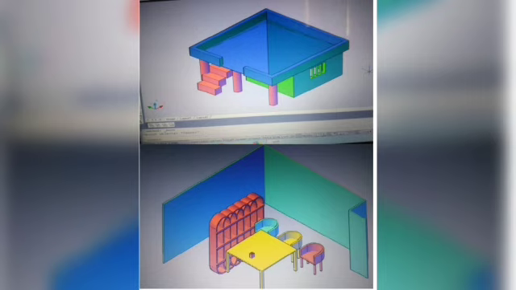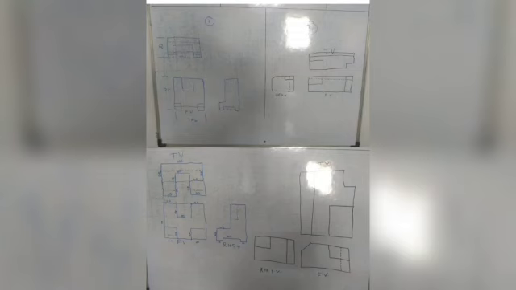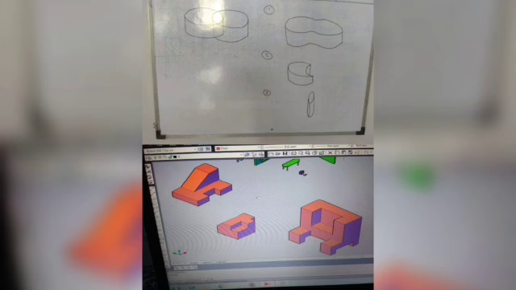This year, you are going to learn 3D homework, which is the extended part of the 3D primitives. Here you are going to draw missing views of the given isometric. Two views will be given and you have to draw the third view of the given job. This is a very interesting exercise.